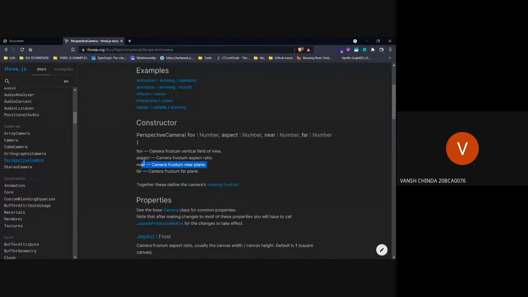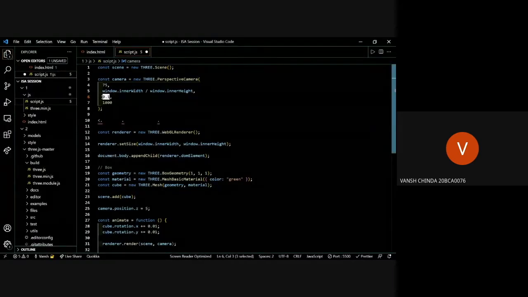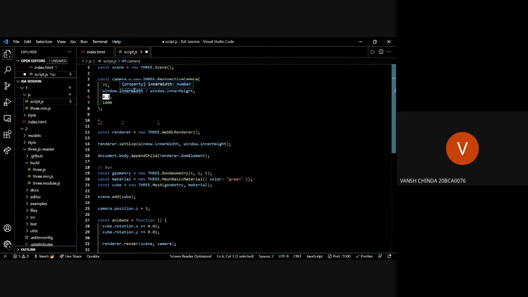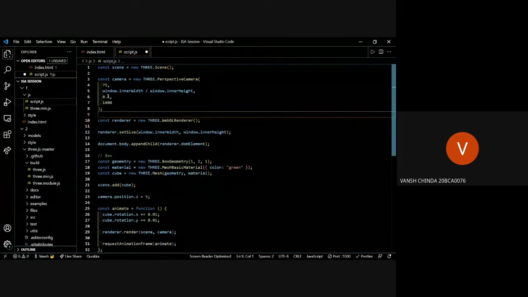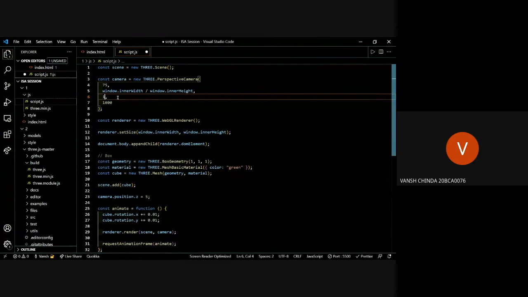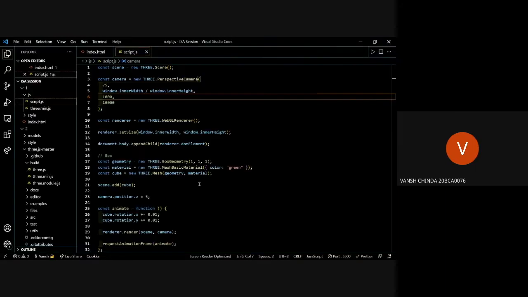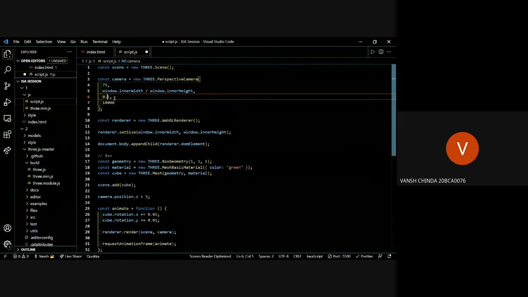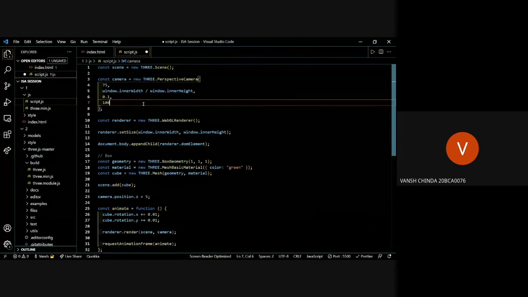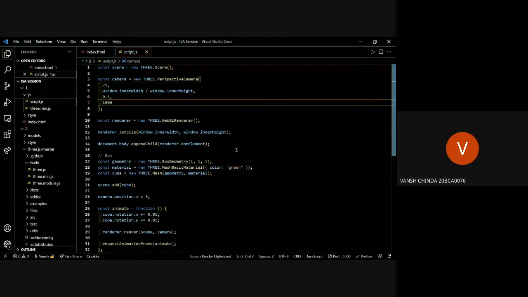A near and far plane. We usually set it to 0.1, but let's see what happens if I set it to 1000, and change this one to 10,000. The result won't be visible. Let's refresh it. You can see nothing here because the camera is neglecting anything between 0 and 1000. So we'll take this back to 0.1, and this should be 1000 or 100, which should be enough for this. Okay, let's go to the next line.